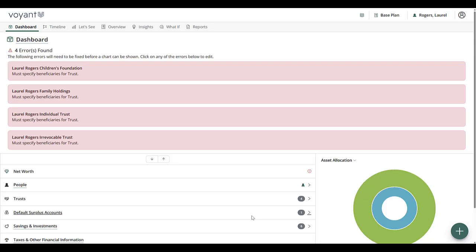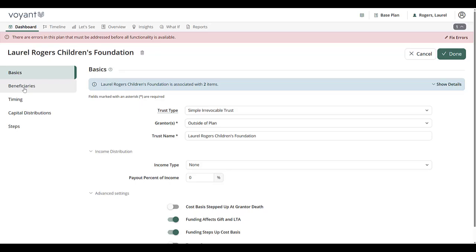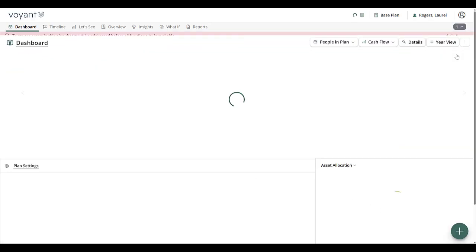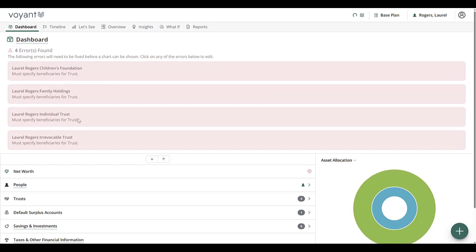If there are any outstanding items that need to be accomplished, you'll see these red banners up here at the top. So for example, for Laurel's foundation, we need to specify a beneficiary. So we're going to go to that account by clicking that red banner, select beneficiaries, and determine who is the beneficiary. It's going to be someone inside the plan, charity, or people outside of the plan. We're going to click done to save that, and then you'll see those error messages resolve,